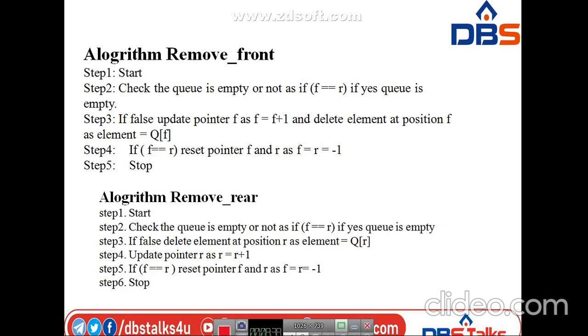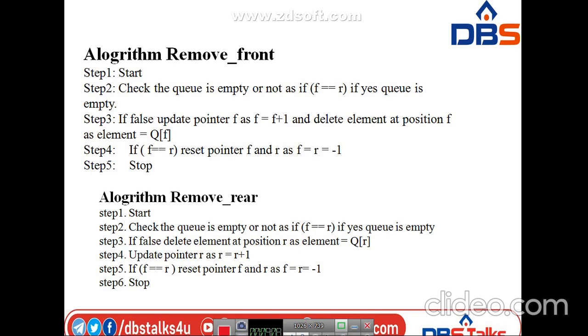Again, one more thing is deleting the element at rear end. The thing is the same. First we check the queue is empty condition. What is the condition for queue is empty? If f equal to r, then we can say queue is empty, and we cannot perform the remove operation.